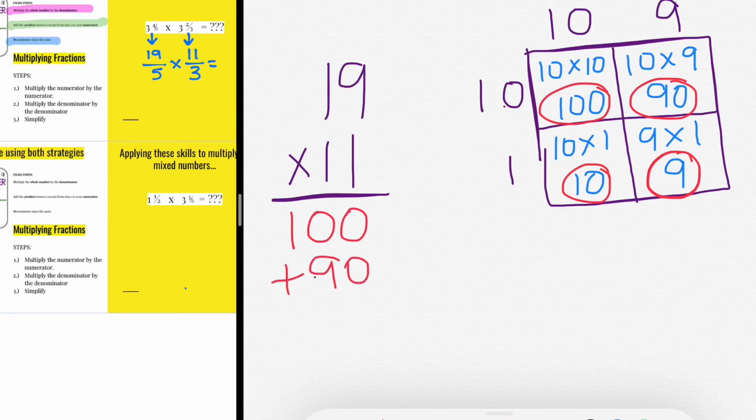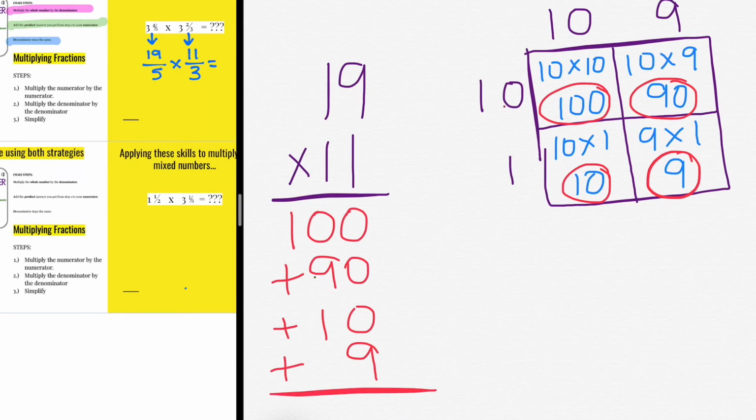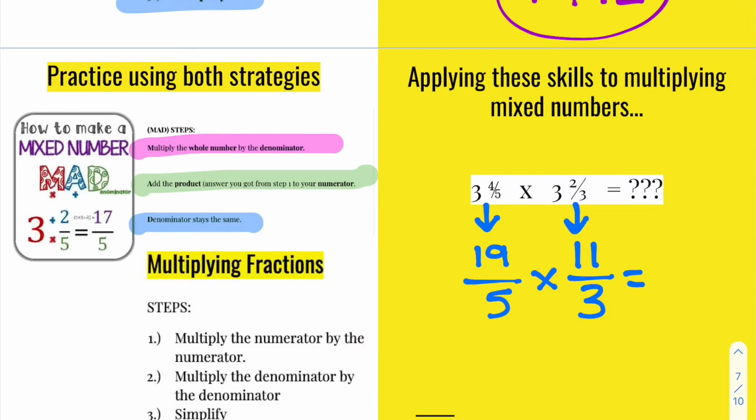100 plus 90 plus 10 plus 9. And that equals 0 plus 0 plus 0 is 9. 9 plus 1 is 10. And 1 plus 1 is 2. I now know my numerator will be 209. And now I just multiply my denominator. And I know 5 times 3 is 15. So my answer is